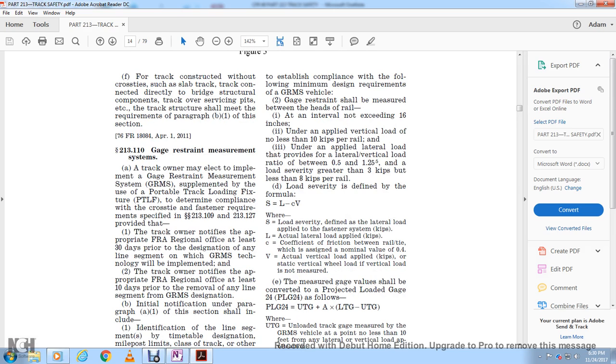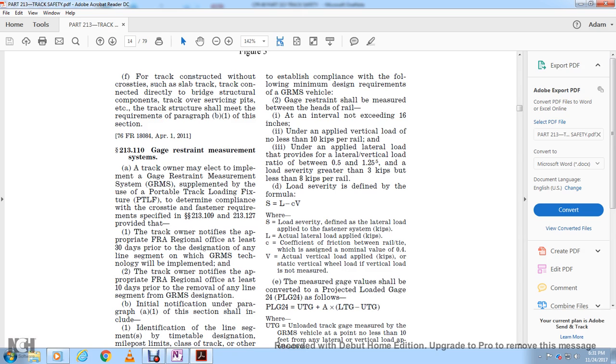or PTLF, to determine the compliance with the crosstie and fastener requirements specified in 213.109 and 213.127, provided the track owner notifies the appropriate FRA regional office at least 30 days prior to the designation of any line segment for the gauge restraint measurement system technology to be implemented. The track owner shall notify the appropriate FRA regional office at least 10 days prior to the removal of any line segment from the gauge restraint measurement system